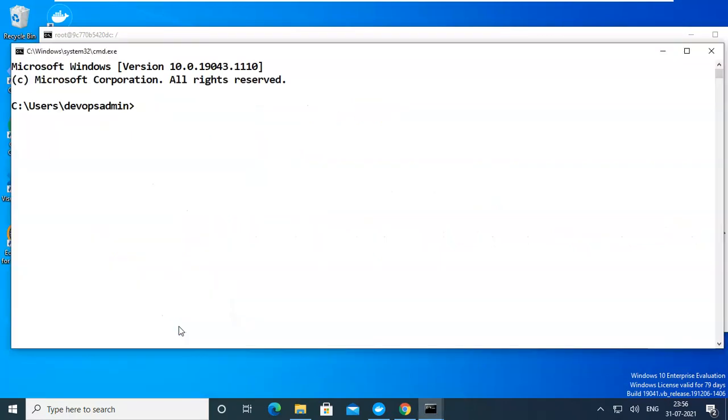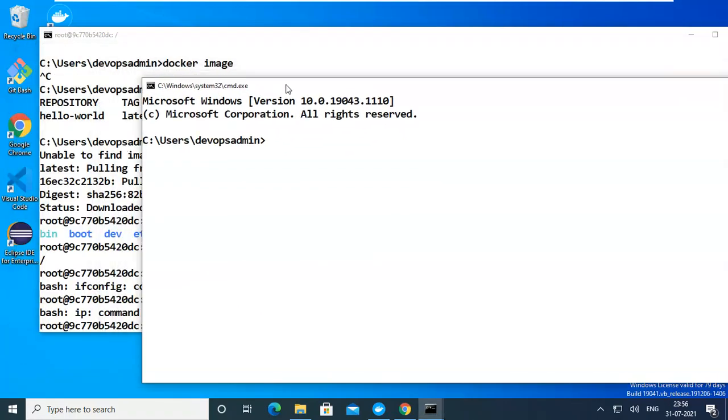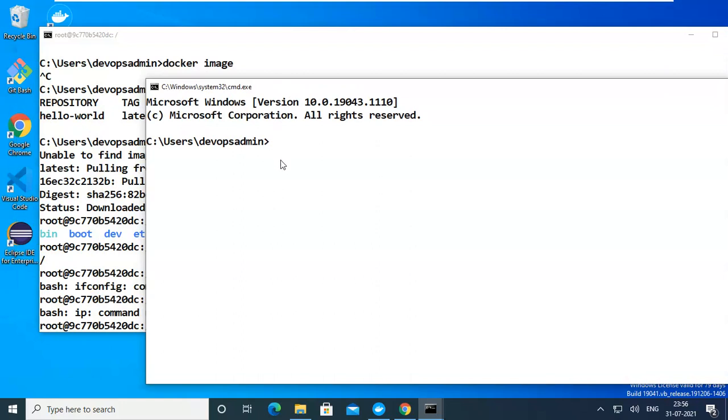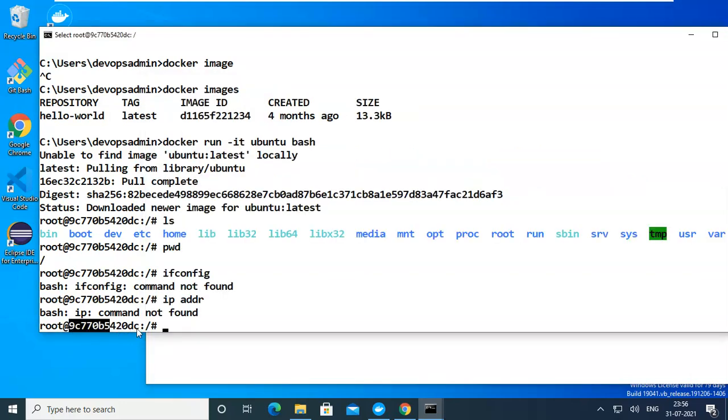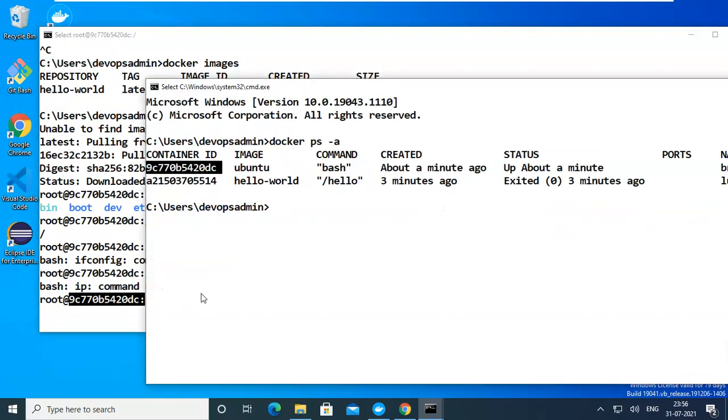I will show you. Here multiple terminals are important to manage. Docker ps -a. It shows the container here. If you see this name, this is the container name, and here it is showing the container ID, for this machine only.